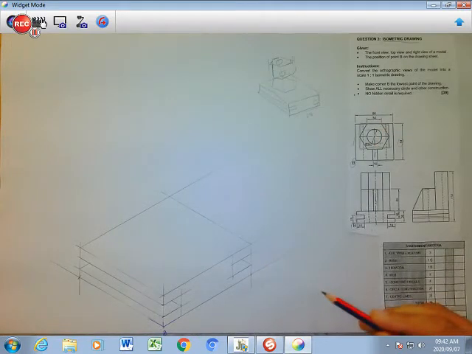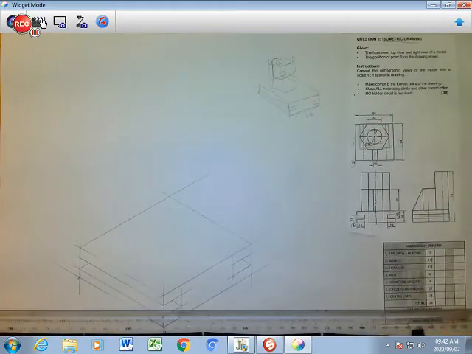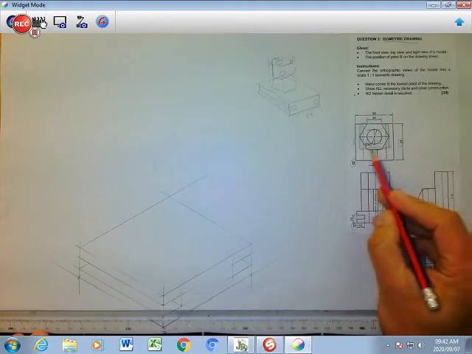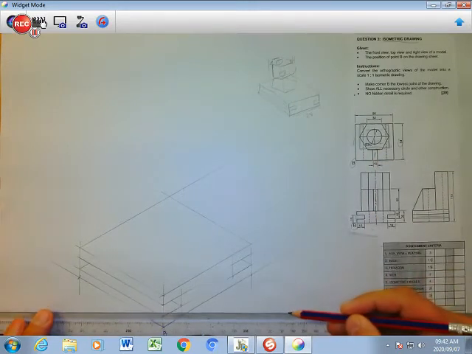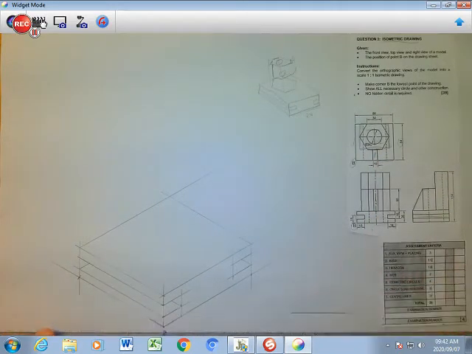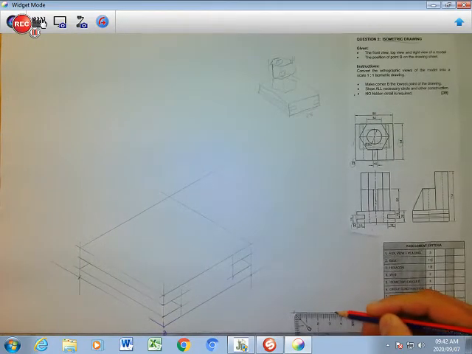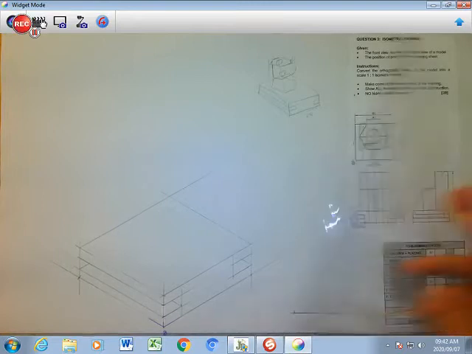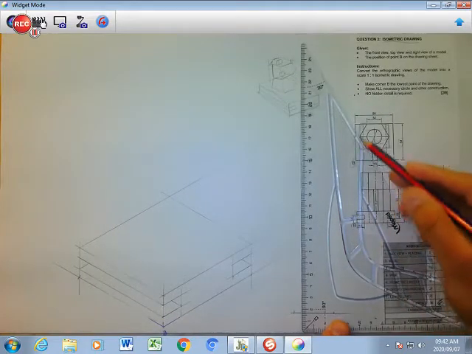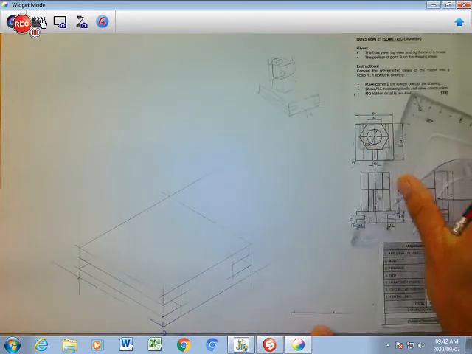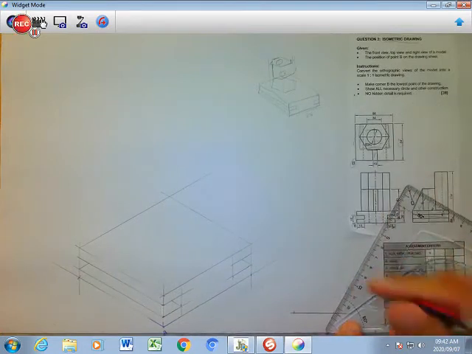I'm going to draw it here as an auxiliary view. So I'm going to start with this bottom line, which is 34. Bottom line 34. I'm going to measure off 34, and that's my start. 34 is going to be there. And then I know this has an angle like that, and it has an angle like that. So I'm going to draw my angles in there